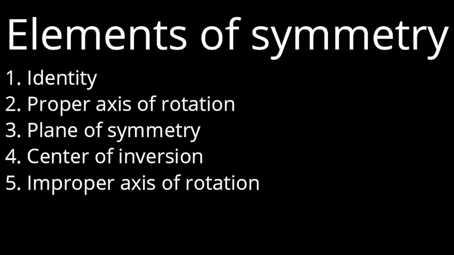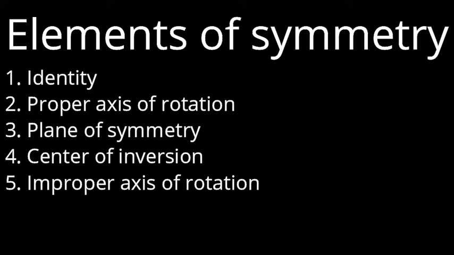So far, we have studied five different elements of symmetry. First one was identity, which was encompassing all the points in the molecule and around it. Second one was axis of symmetry, which was composed of one line. Means what will be the common in that identity and axis? A line will be common.